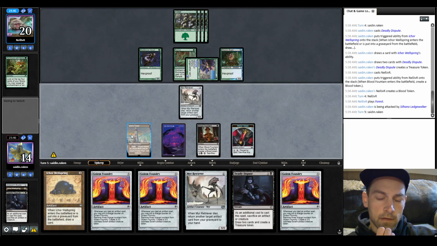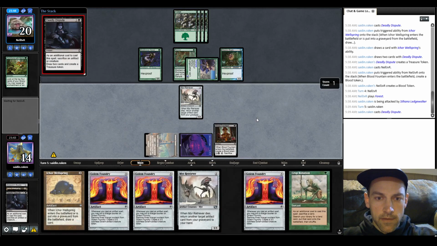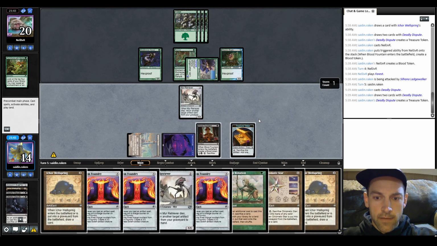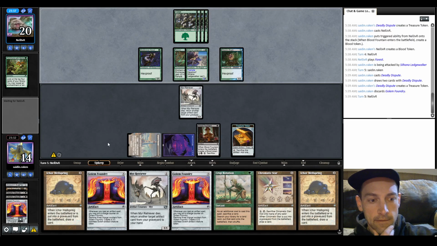We have another Crop Rotation, so let's go ahead and Deadly Dispute the Blood Token. If we find a Tron land, we can Crop. Oh, come on. Gonna pass and discard a Golem Foundry. Pass again. Our opponent's just